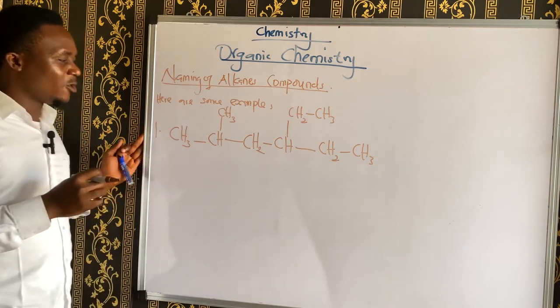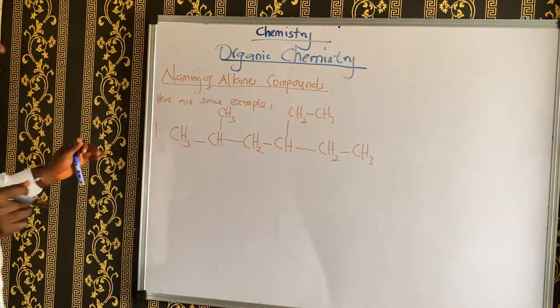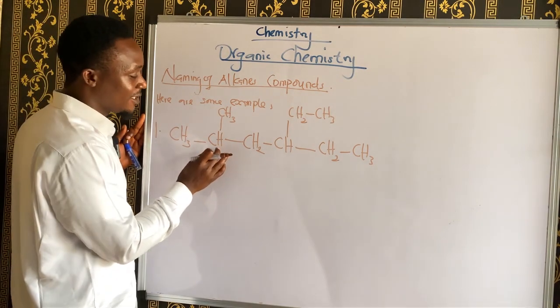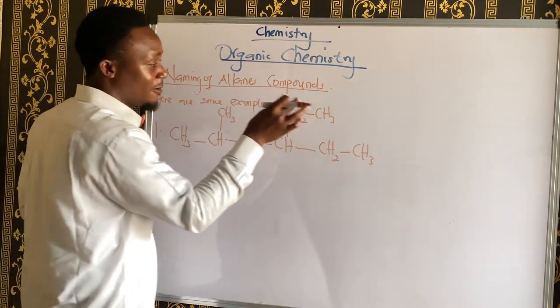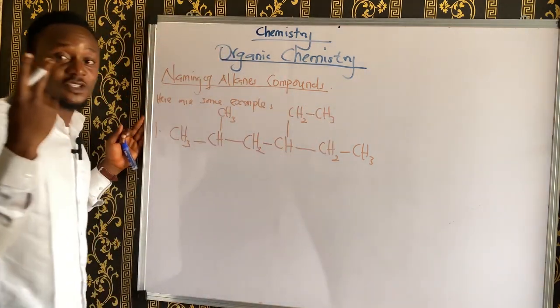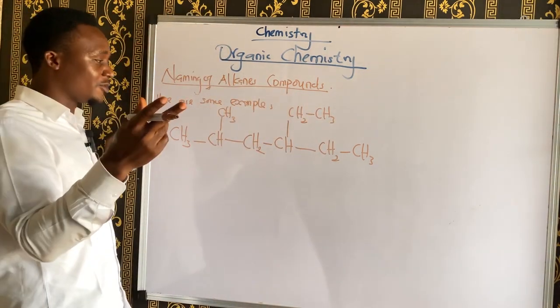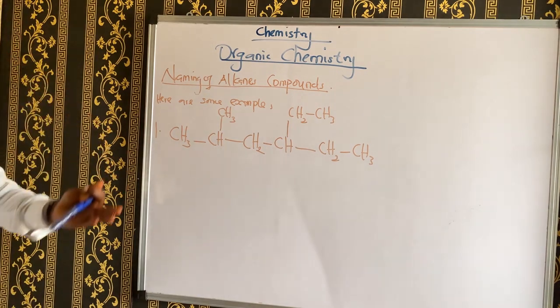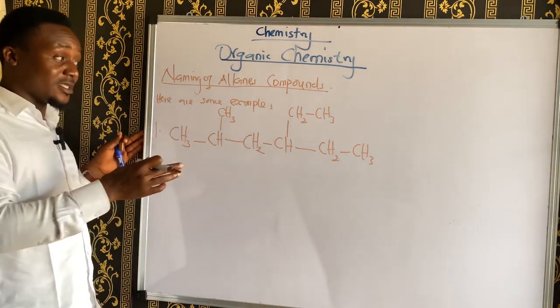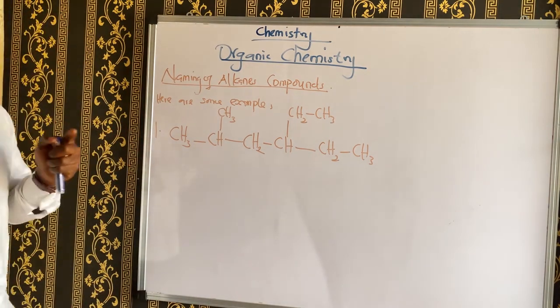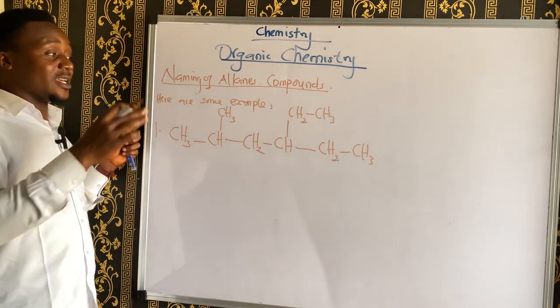The second one says we should identify the substituent present. Now, the substituent is what is attached to the straight carbon chain. Now, we have the first substituent here and we have the second substituent here. So we have 2 substituents attached to the longest carbon chain. Now the third rule says we should number the longest carbon chain. And before we number the longest carbon chain, the fourth rule says if we have two groups,